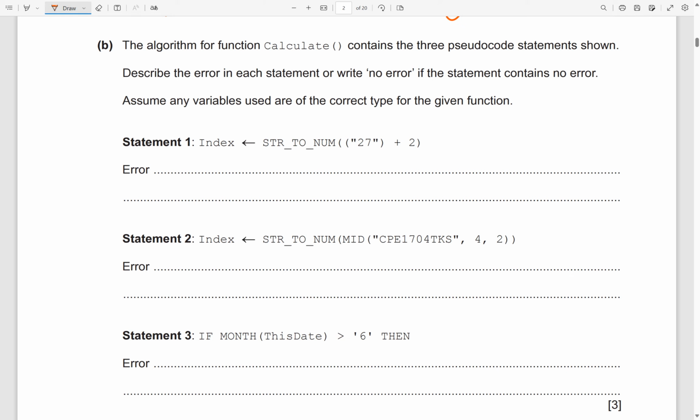The algorithm for your function calculate contains 3 pseudocode statements shown. Describe the error in each statement, or write no error if the statement contains no error. Assume any variables used are of the correct type for the given function. The first one then, string to num. If you don't know what these functions are doing, you can check the insert. But string to num, as it suggests, is going to take a numeric string and convert it to a number. So the problem with this though is that here we have the string 27,